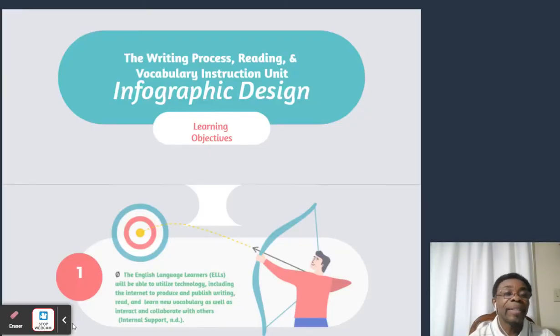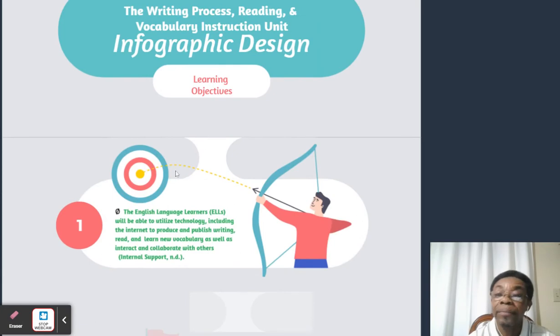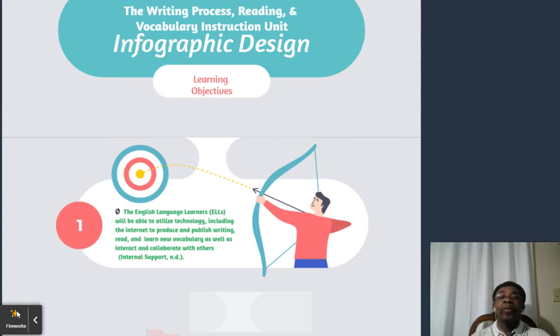Hi guys, once again, this is Mr. Sapon. We've been talking about the writing process, reading, and vocabulary instruction unit, and this is the infographic design. First, we'll look at the learning objectives. That's the learning objectives. And the first one says here, the English language learners or ELLs will be able to